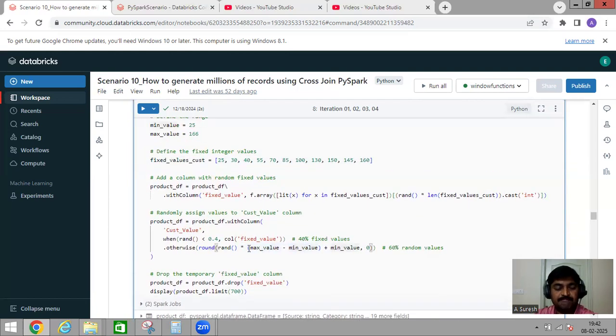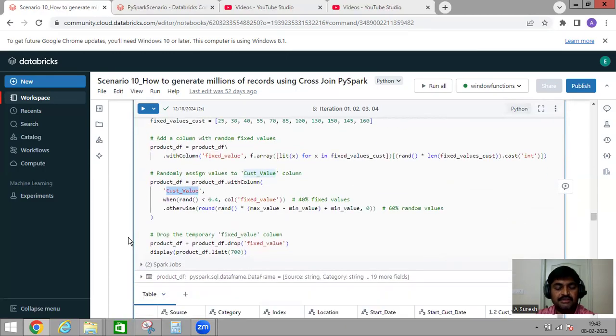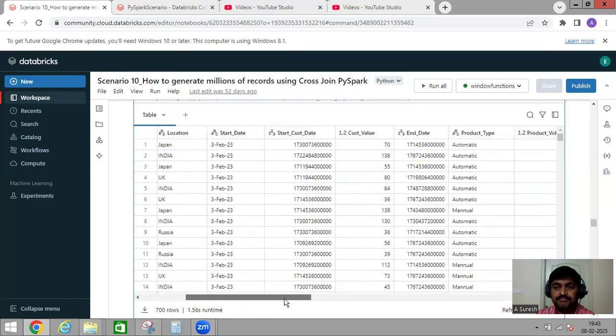Okay, so finally, what we're doing is we are dropping the existing fixed_value column, and we are keeping our new column, generated with these values. One is fixed_value, second one is cust_value. And if you see fixed_value here,